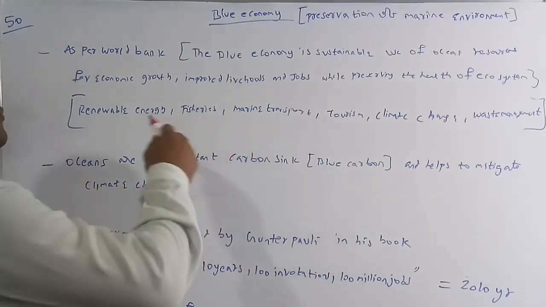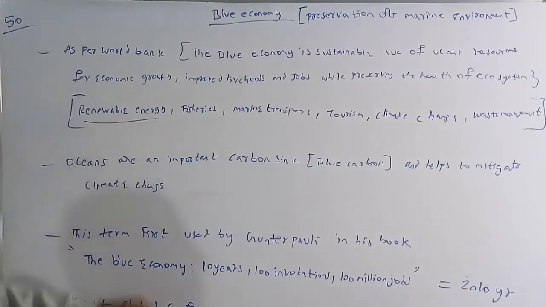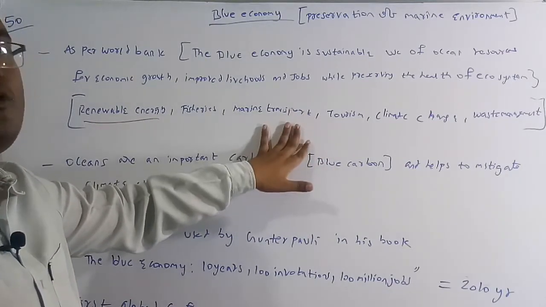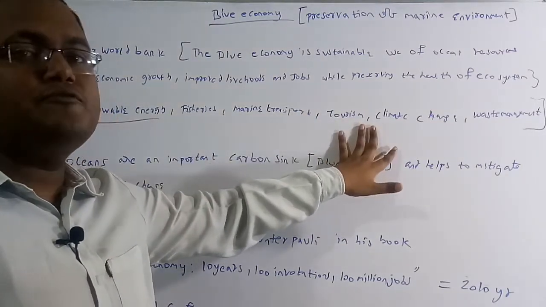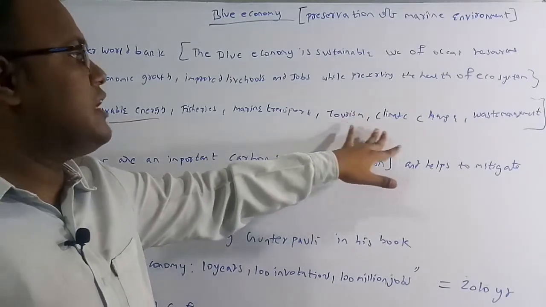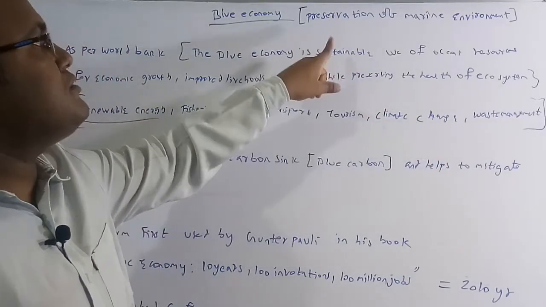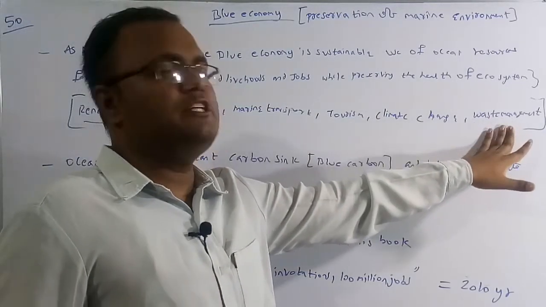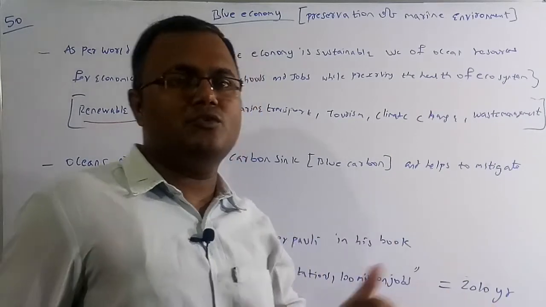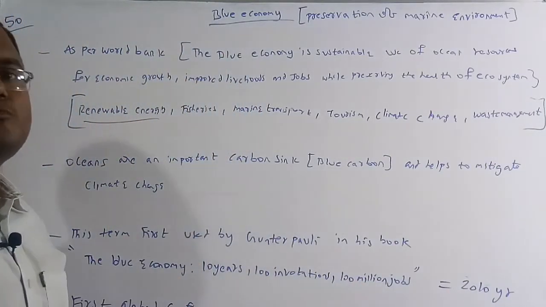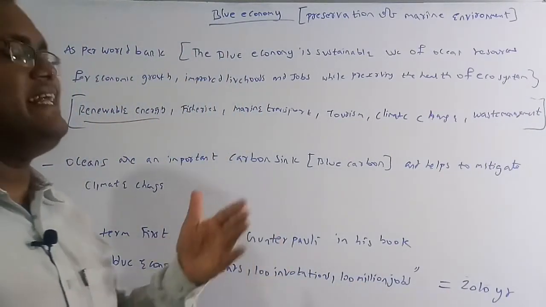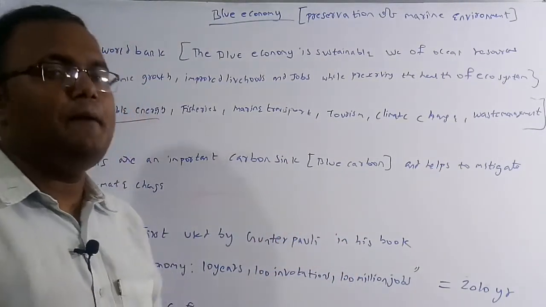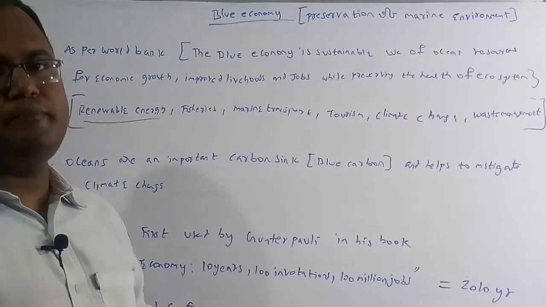Therefore, from the oceans we are going to get renewable energy and also fisheries, and marine transport facilities are also available on the oceans, and also tourism. A lot of tourism is present in these oceans, and also climate change. So this helps in not having a bad effect on climate change, and also waste management. You see, a lot of waste is dumped in the oceans. Therefore, you must not dump too much waste, otherwise these oceans will degrade. So you need to control all these things. Then you can protect marine life and preserve the health of this marine ecosystem.